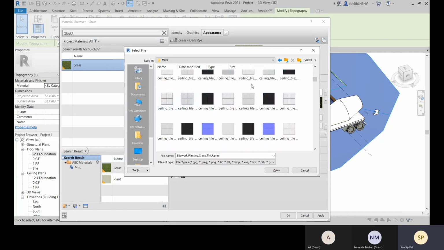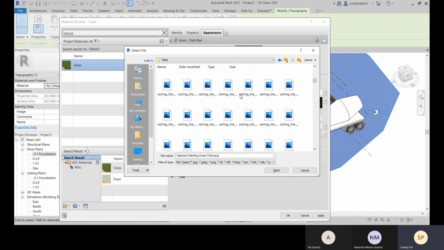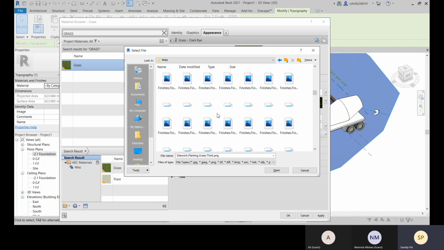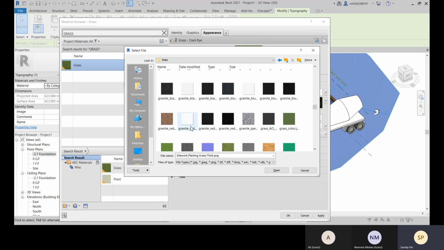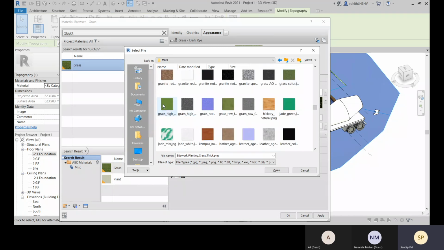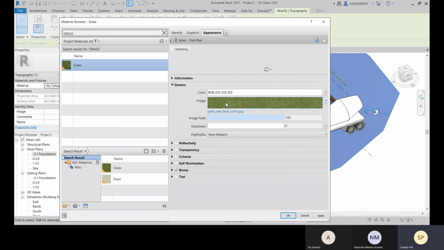It is placed alphabetically. So come to G, you will find some grass. Okay, so this is there, some grass. You can choose this one or whatever you like.